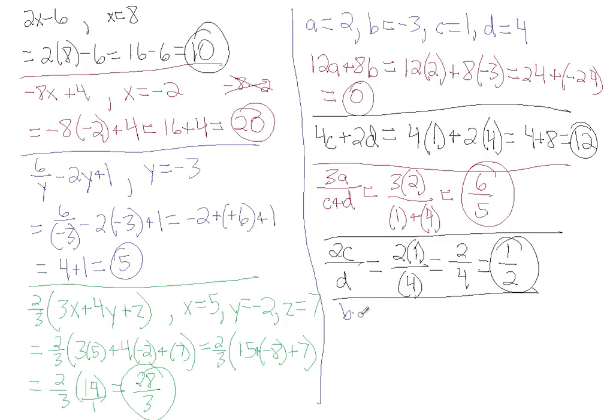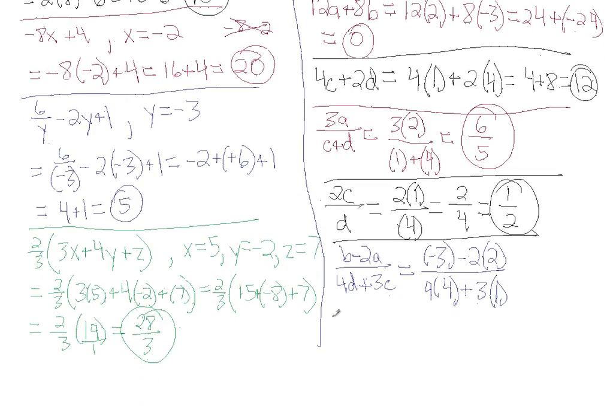Let's say we have b minus 2a divided by 4d plus 3c. Okay, here we have all 4 variables, but let's not get excited because we know the values for all 4 of these variables, so let's take one at a time and plug them in. We have b, which is a minus 3, minus 2 times a, which a is 2, and the denominator we have 4 times d, and d is 4, plus 3 times c, c is 1,